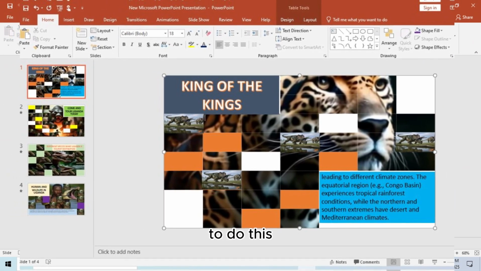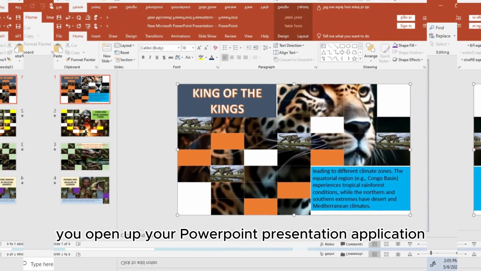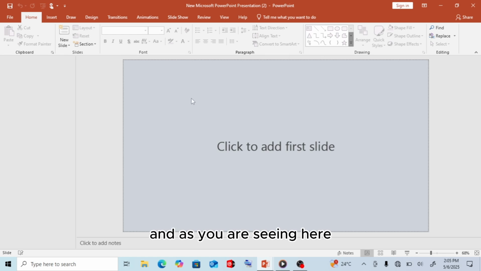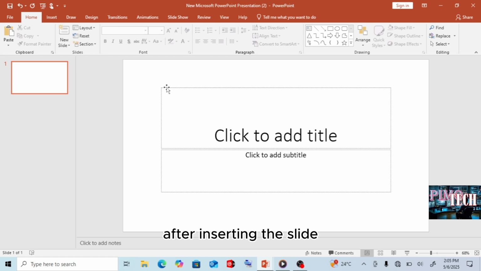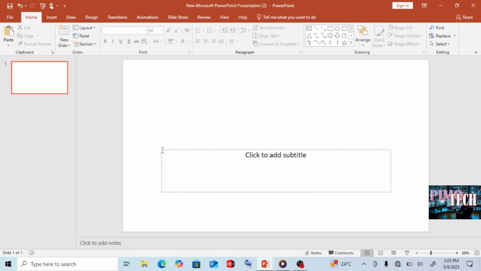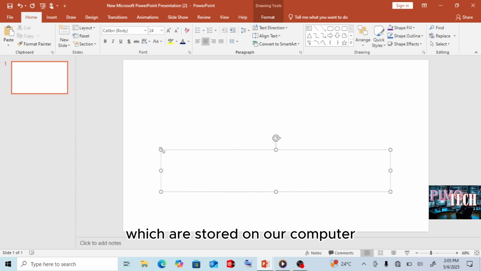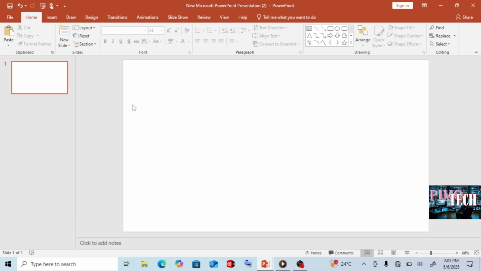To do this, you open up your PowerPoint presentation application, and as you are seeing here, we insert the slide. After inserting the slide, we are going to use images which are stored on our computer. When you are inserting images in PowerPoint, you come to tab insert.